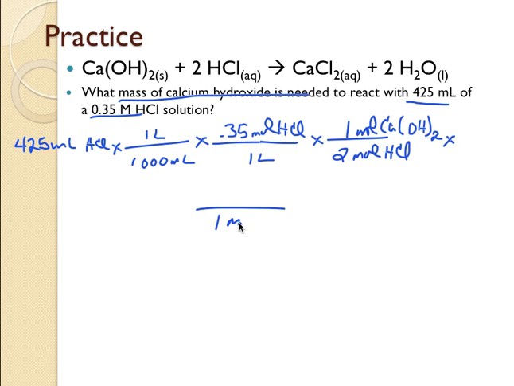And then in 1 mole of calcium hydroxide, using the molar mass, I can get to grams of calcium hydroxide. And finding that molar mass, I have 74.1 grams. So doing the math, 425 divided by 1,000 times 0.35 divided by 2 times 74.1 gives me